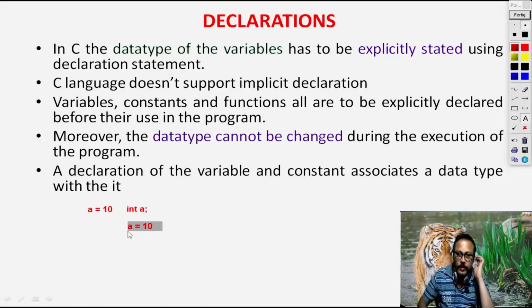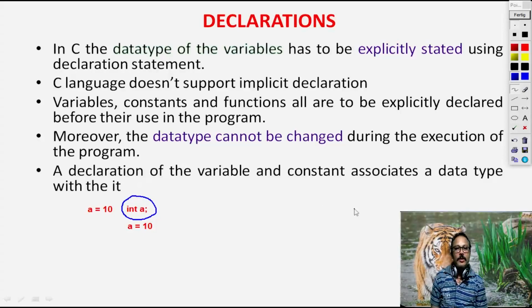If this is missing, the compiler will generate an error message. Python, for example, depending on the type of the value assigned to it, will take the appropriate data type. But C is a strongly typed language,